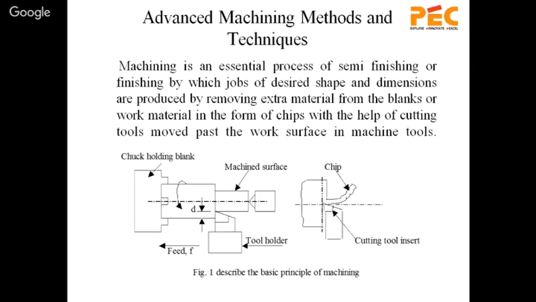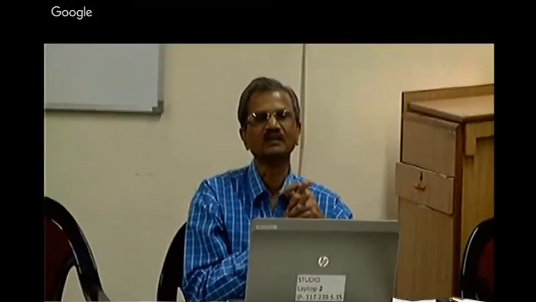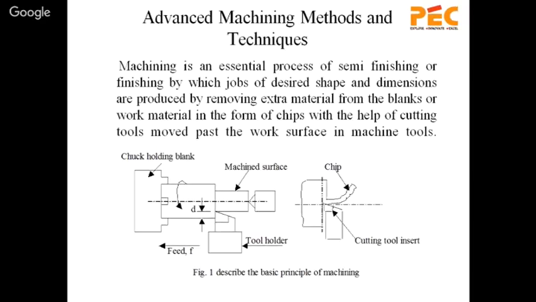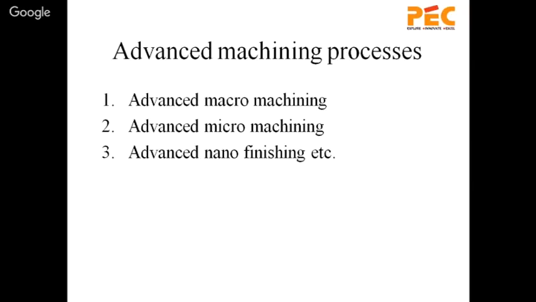Machining is an essential process of semi-finishing or finishing by which jobs of desired shape and dimensions are produced by removing extra material from the blanks or work material in the form of chips, with the help of cutting tools moving past the work surface in machine tools. This is a definition. But advanced machining processes are advanced micro machining,